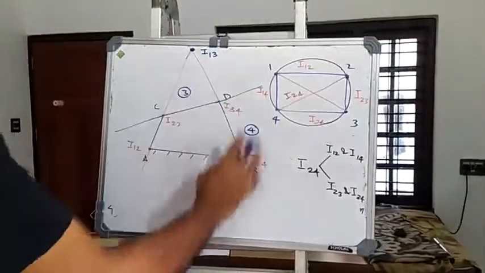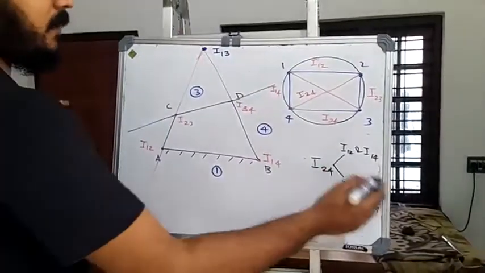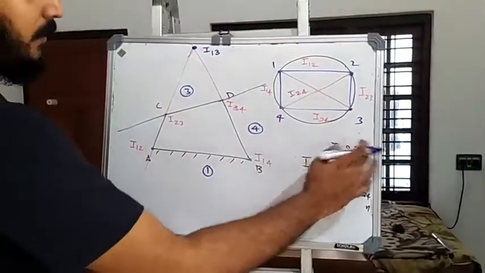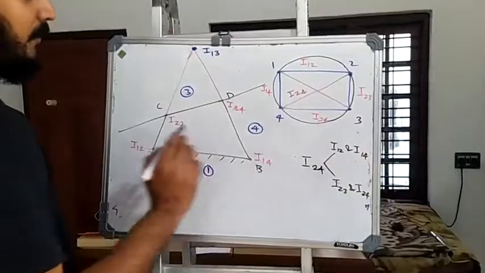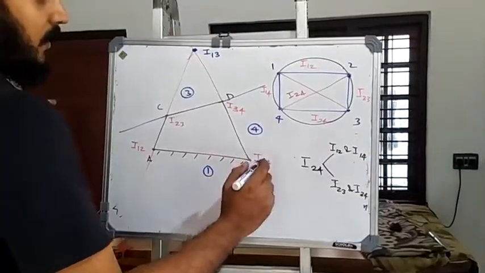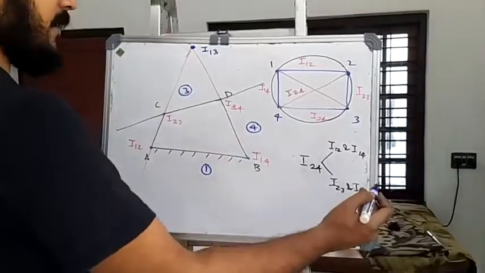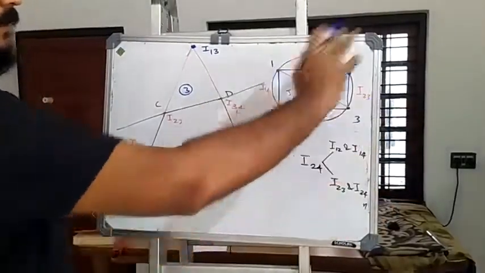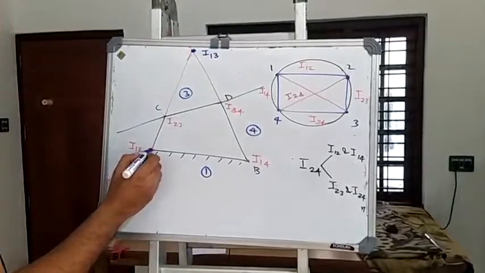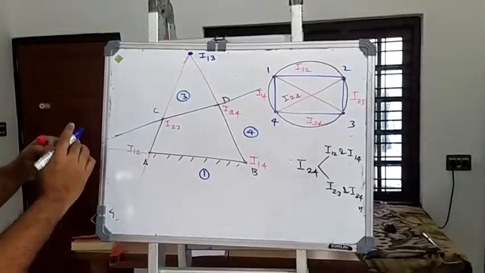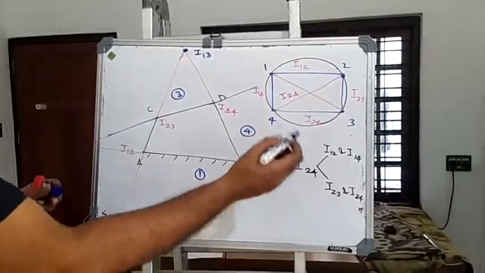Whatever I am doing, I am doing on the configuration layer. Next, I23 and I34. I23 is here. Sorry, I12 and I14. I12 is here. I14 is here. Now we should get an intersection point. That means extending this line towards this end won't give an intersection. Hence we have to extend it from here. So both these will go and join at one point, which will give you the I center I24.